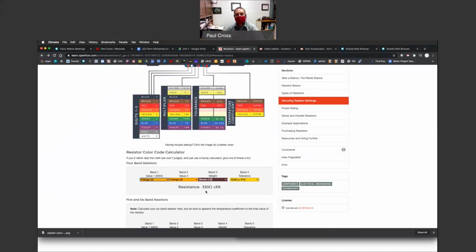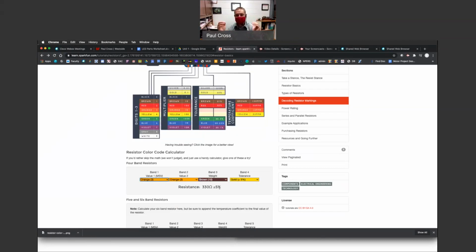So that gold is going to be how close that resistor is to the actual value. So 5% of 330 is like 16.5 ohms. Half of 330 would be 165, so 5% would be 16.5 ohms. So anywhere between 313.5 ohms and 346.5 ohms is where that range would be, that resistor would be manufactured in a big factory, very